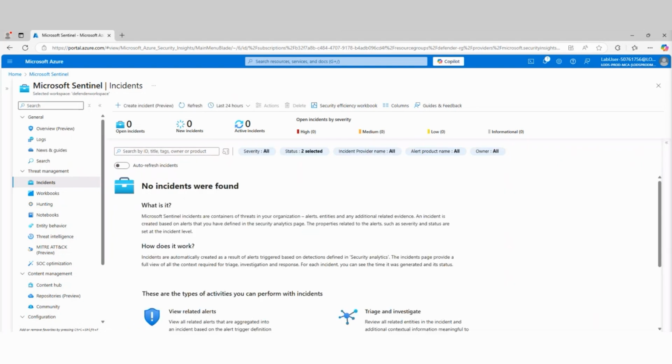So now that we've gone in and we've created analytics rules, we've configured the automation, we've actually gone in and triggered one of these automation rules. Now we're going to go and look at an additional feature that we have, which we've discussed, which is user entity behavior analytics. And we're going to take a look at that.